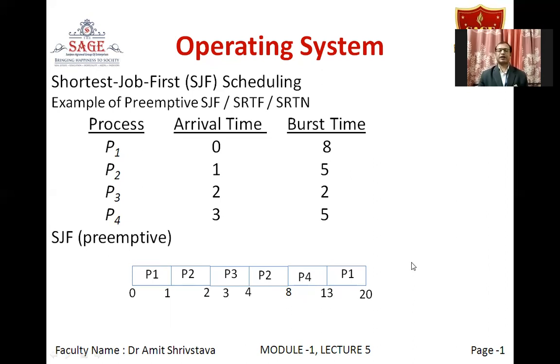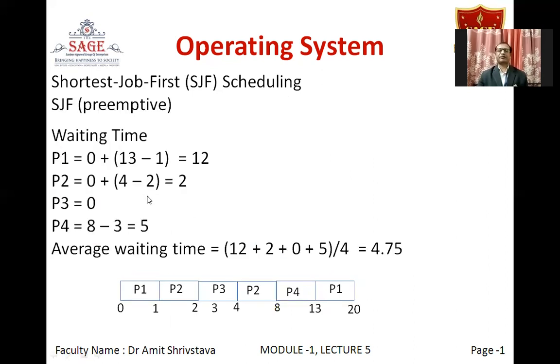Now let us calculate the waiting time for the same. So P1 has arrived after 0 unit time interval, and we have allotted the CPU to P1 after 0 unit time interval. So here the waiting time of P1 is 0. So please look here. The waiting time of P1 is 0, but we have taken the CPU from P1 after 1 unit time interval. And next we have allotted the CPU to P1 after 13 unit time interval.